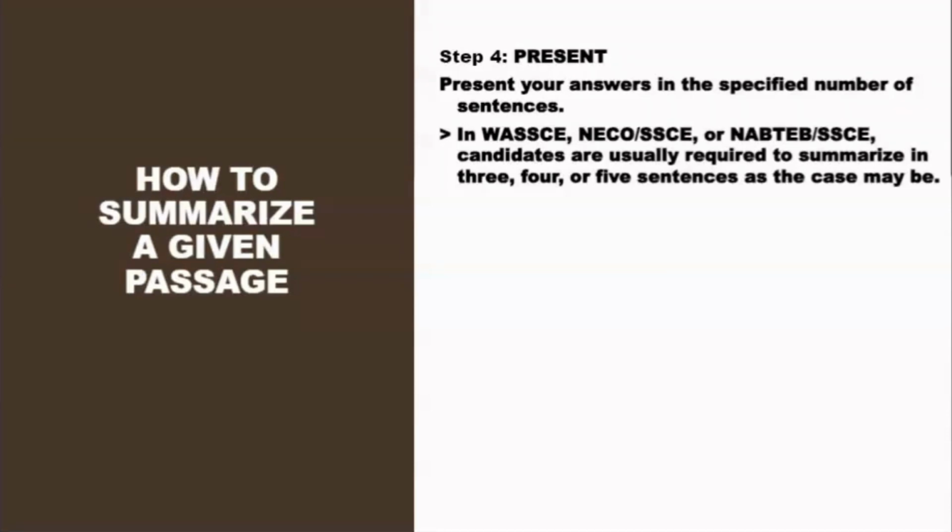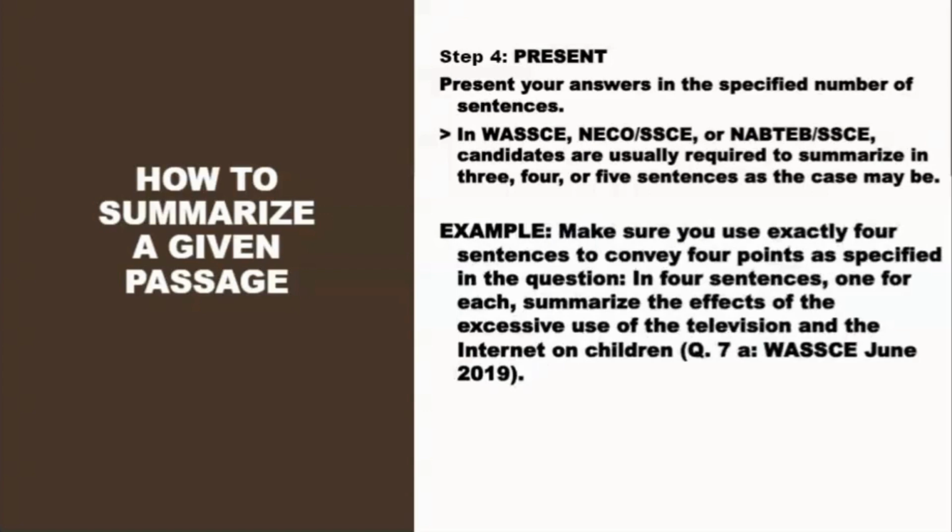You are usually instructed to summarize in 3 sentences, in 4 sentences, in 5, 6, or whichever specified number of sentences you are asked to summarize. You need to stick to that. You need to comply with that instruction. That's very important. For example, you need to make sure you use exactly 4 sentences to convey 4 points as